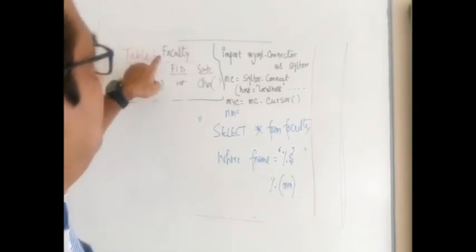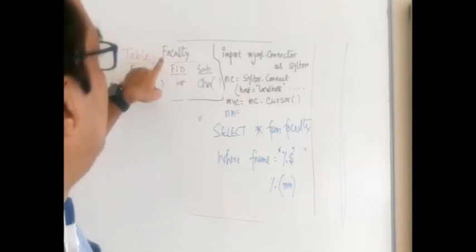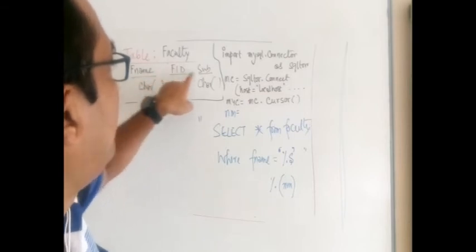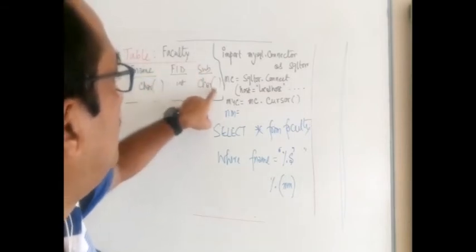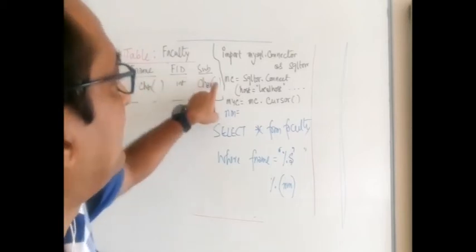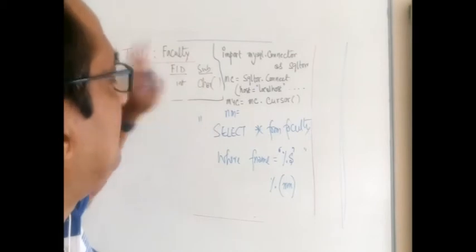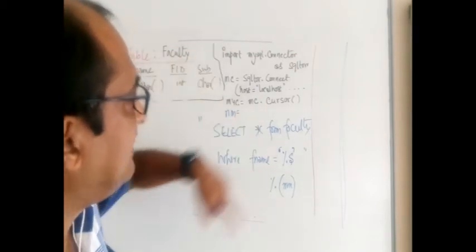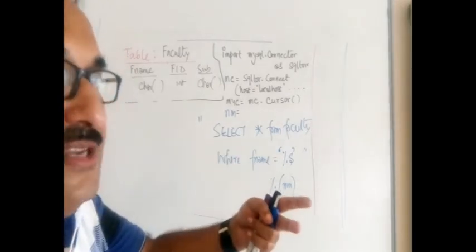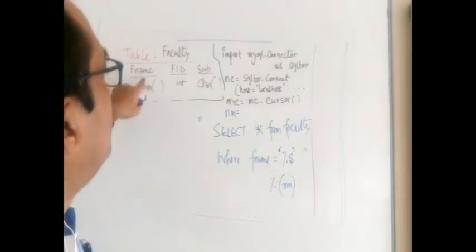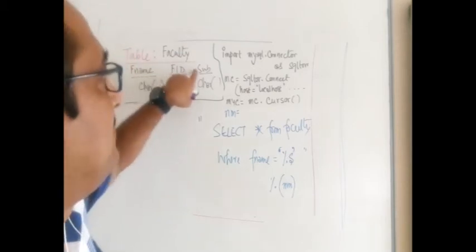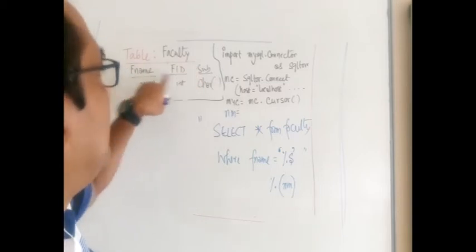Say I have a table here called faculty, and in this faculty table we have, say, three fields: fname, fid, subject. There are two text kind of fields or non-numeric fields, so I've taken, say, character 30 and character 20 here, and this field is the integer. When I was writing the program, I thought that I would provide two kinds of query facility to the user. One, he can do the query on the basis of the faculty name and on the basis of the subject. So obviously here the other operators will not come.